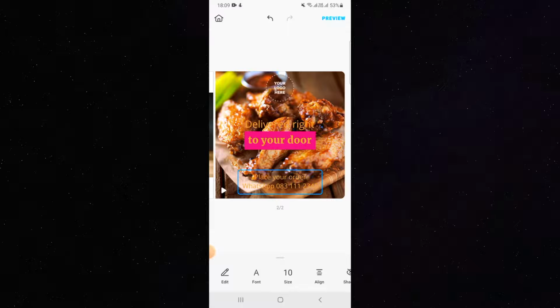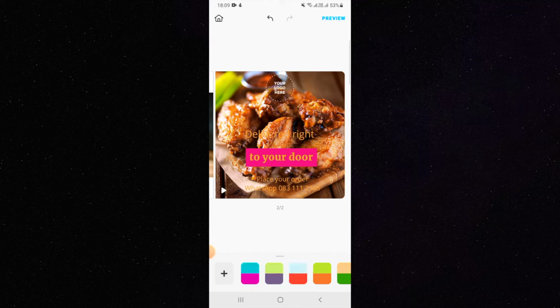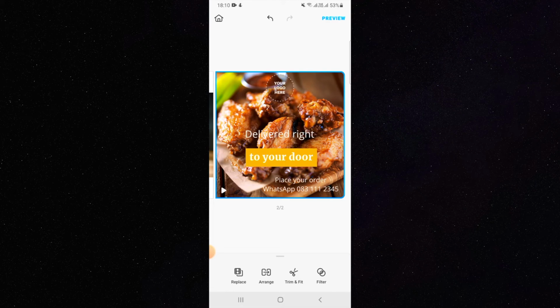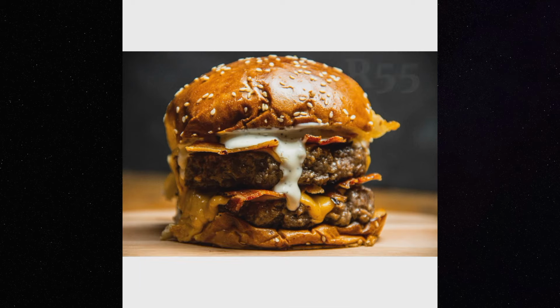So if you wanted to change the color because it's not that visible and I'm not happy, you saw how we change color and you want the color to be able to pick up. Also add your logo over there. So if you want to preview and see how it looks like,